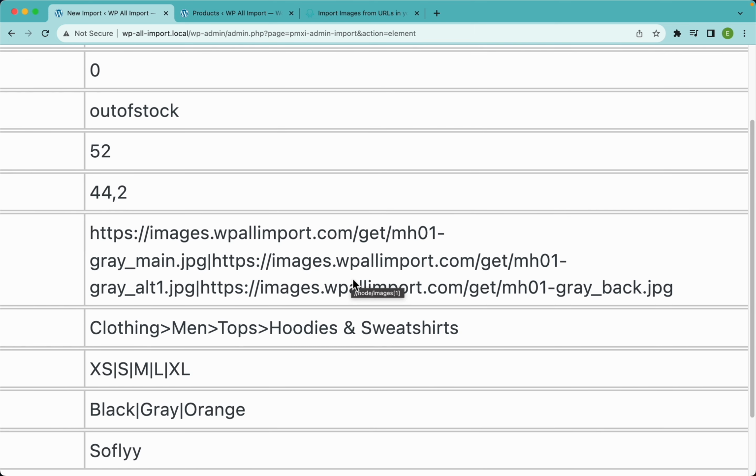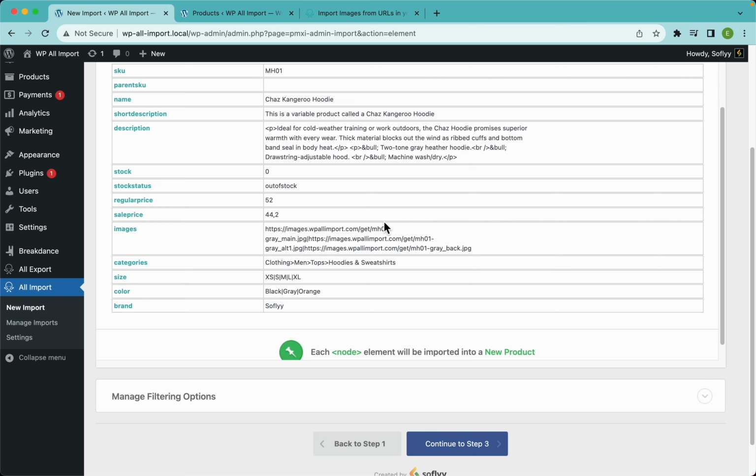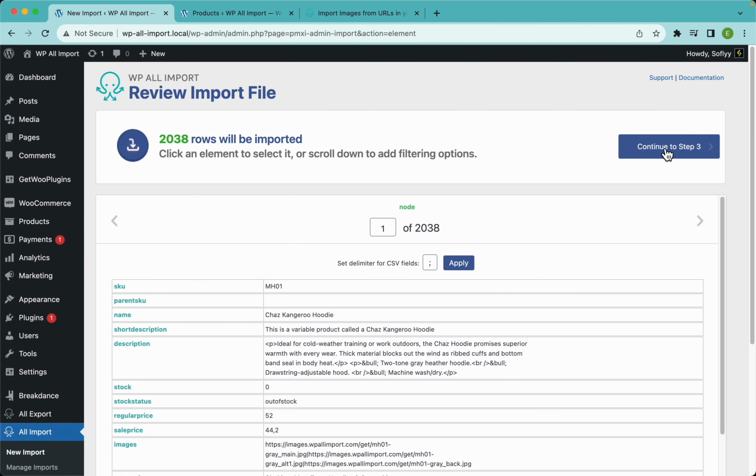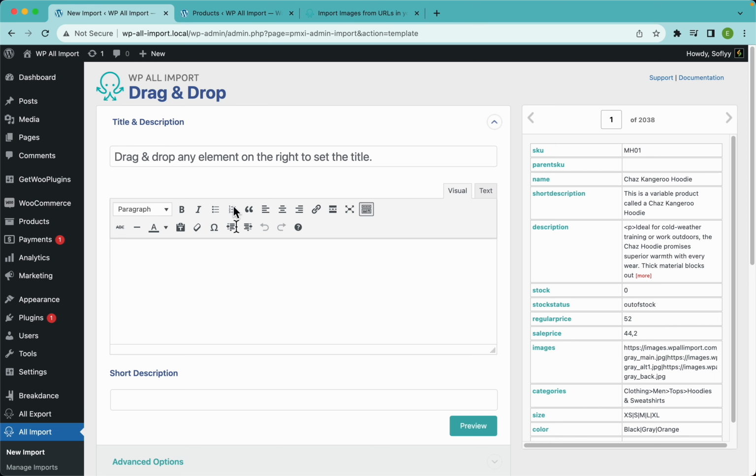So this is good. We have our images here, and as you can see, they are hosted on an external server. This is a different URL from the one we're using here. So WPL Import will be downloading these images and uploading them to our media library. You can see that in our import file, we have these pipe symbols separating the different URLs. This is going to be important when we're setting up our image settings. Now, this all is looking real good, so let's continue to step 3,